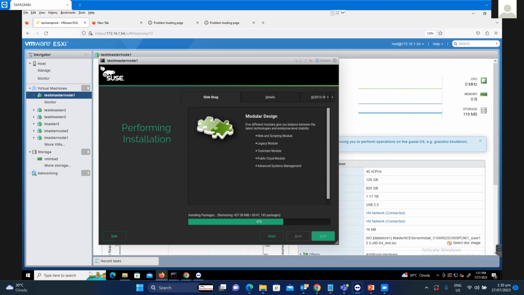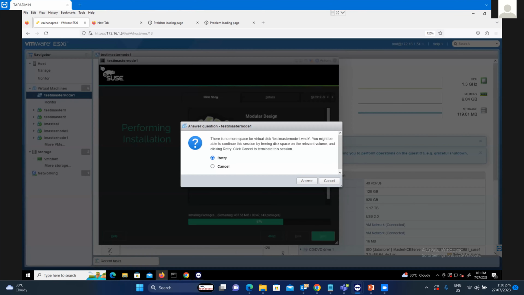There's a question from Dr. Doom. What will happen if we use a different data store for the swap file? Nothing. It's up to you. It's your management. If there is an issue,